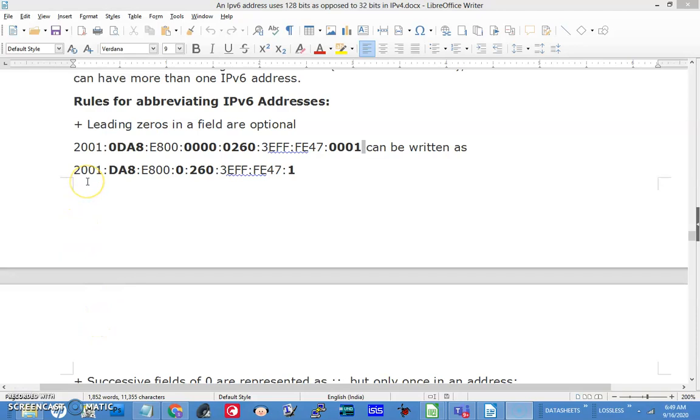Now let us see the rules for abbreviating. Leading zeros are optional. So this has got a leading zero, so it's okay if you write like this. Even though we see only 3 hex numbers here, there is a 0, but we won't write it since it is a leading 0. And a group of all 0 is represented by a single 0. Here also we omit a leading 0, but this 0 cannot be omitted. This changes the entire meaning. Here also we omit the leading zeros.